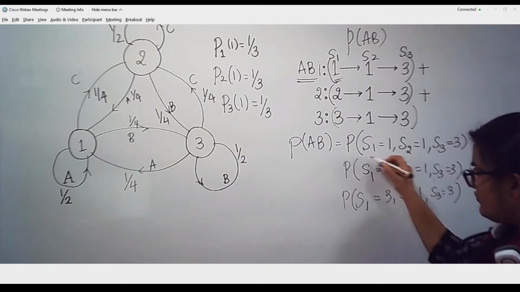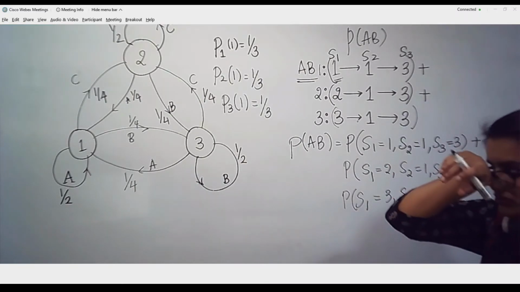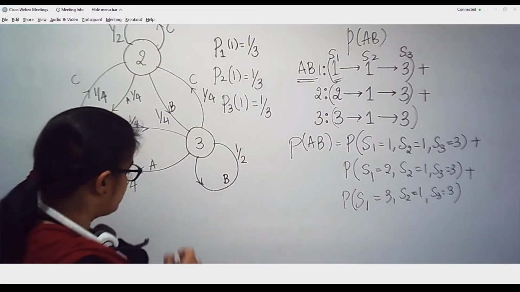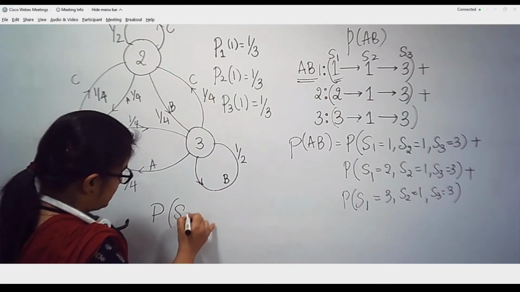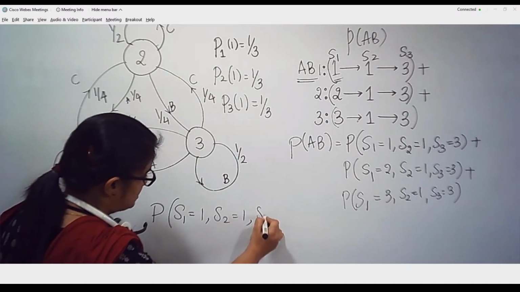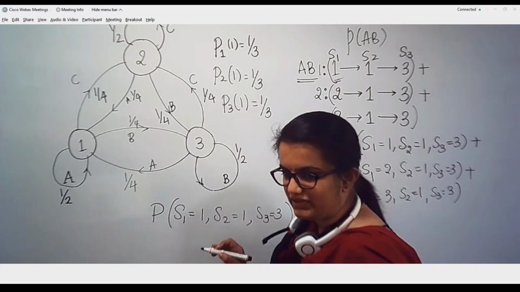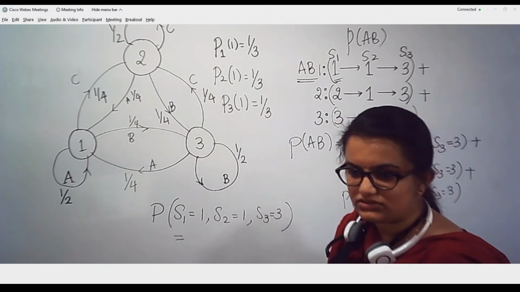Now, how to find this out? We find this by making use of the chain rule of probabilities. What the chain rule tells us is that to find the probability that S1 is equal to 1, S2 is equal to 1, S3 is equal to 3, this probability is given by the chain rule of probability, which states